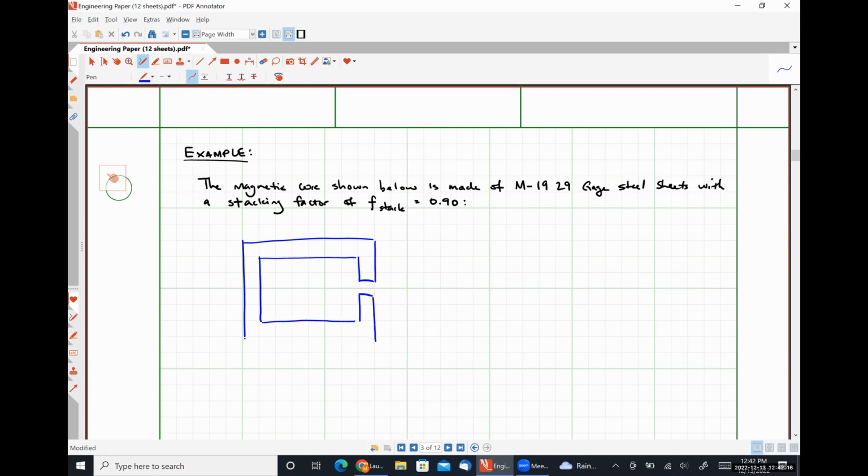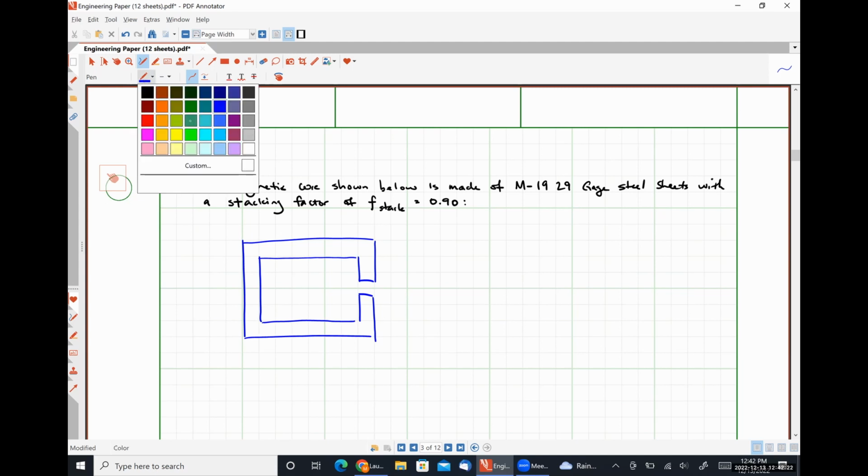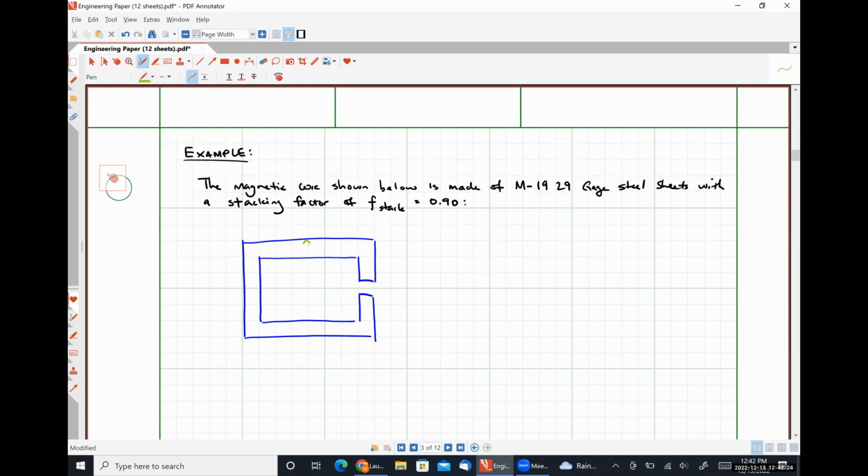So we have some core with an air gap. Let's throw some dimensions on this bad boy. Let's say that this is W, this is W, this is W, this is also W. This length right here will be L2. This length right here will be L1. This length will be LG,